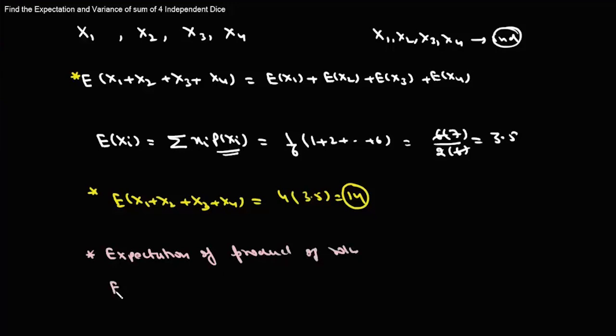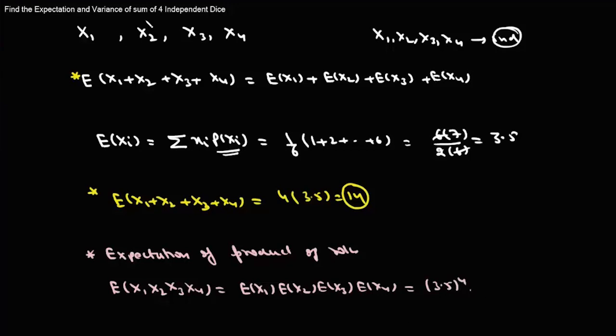तो जैसे हमको निकालना है एक्सपेक्टेशन ऑफ x1 इंटू x2 इंटू x3 इंटू x4। अब हमको पता है ये चारों रैंडम वेरिएबल्स इंडिपेंडेंट हैं, तो ये हो जाएगा एक्सपेक्टेशन ऑफ x1 इंटू एक्सपेक्टेशन ऑफ x2 इंटू एक्सपेक्टेशन ऑफ x3 इंटू एक्सपेक्टेशन ऑफ x4। अब क्योंकि चारों एक्सपेक्टेशंस बराबर हैं तो बेसिकली ये हो जाएगा 3.5 टू द पावर 4।